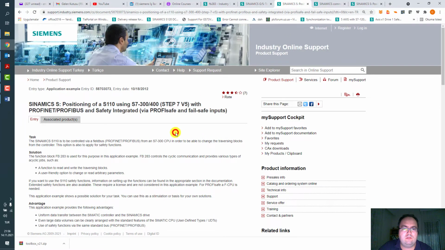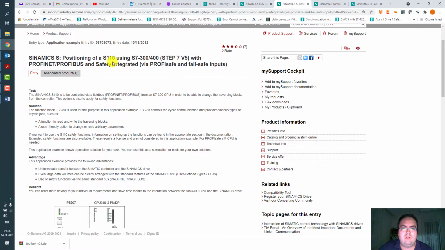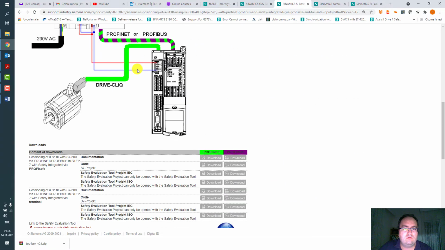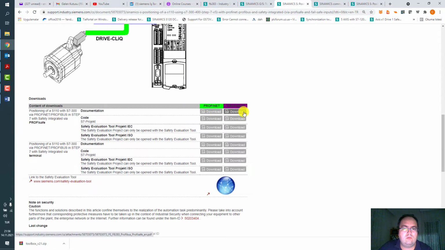There are also other examples released by the CMOS support site, like positioning a single axis, Profinet, Profibus. You can download the project, example and documentation.